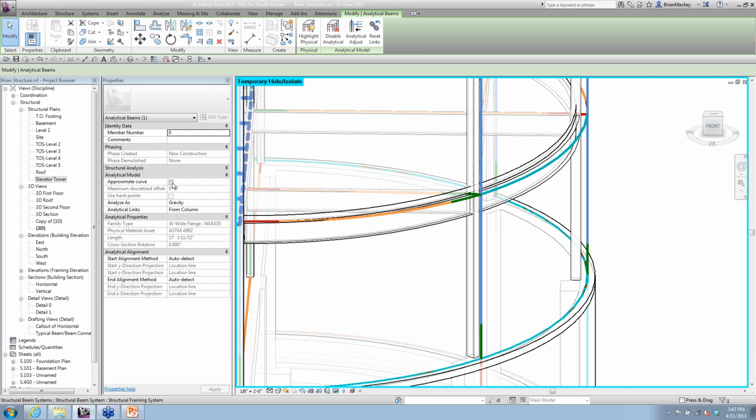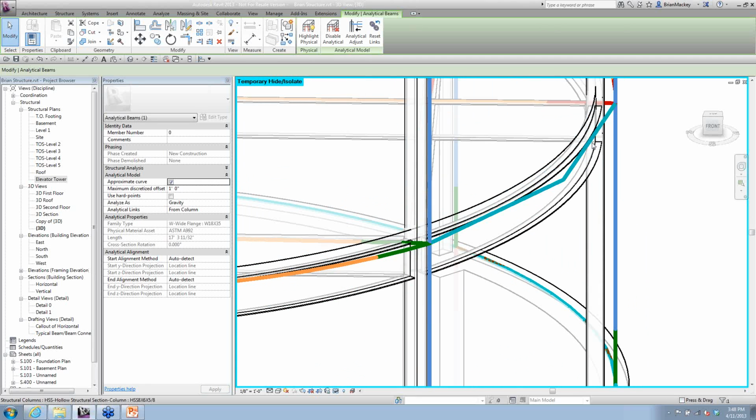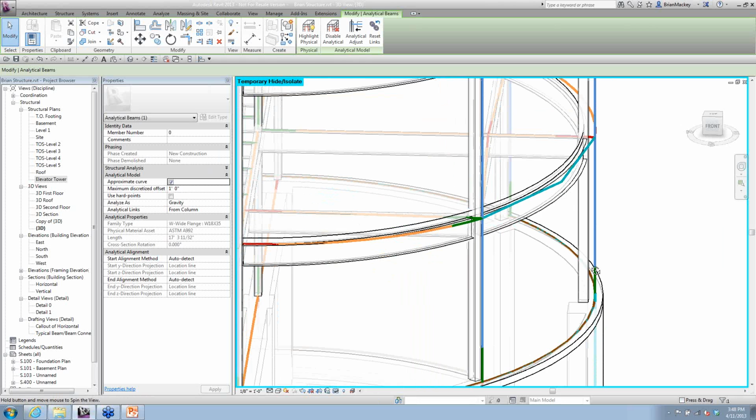But if we really want to start looking at curved beams, we have the capability to say, I want to approximate the curve. Once you approximate that curve, you can now see that as opposed to this analytical line being curved, it segmented it. You can actually set a maximum offset, I can never say that word, or we can come down and start saying use hard points. If we say use hard points, it will basically analyze it straight at every beam connection. So if there are 6 beams coming into this one beam, it'll do hard points at the beam intersections. In this case, it just came in and said, hey, we're going to analyze this as 2 separate beams because I have the maximum